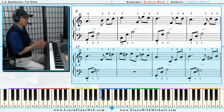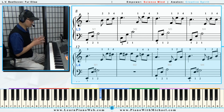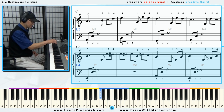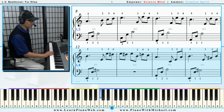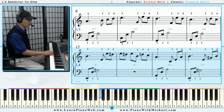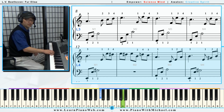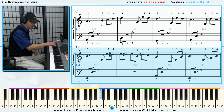Okay, so I'd like to discuss a little bit about the sustain pedal. Now, in order to move from, let's go to line 4, measure 3, from the A, when we're using our thumb, we've got to jump down to that C. Now, you can't possibly hold it, and some people can when they're very quick with their fingers, but I like to use a sustain pedal to let that A kind of play through. So I use a sustain pedal, and then I'll jump down with my thumb and let go of the sustain